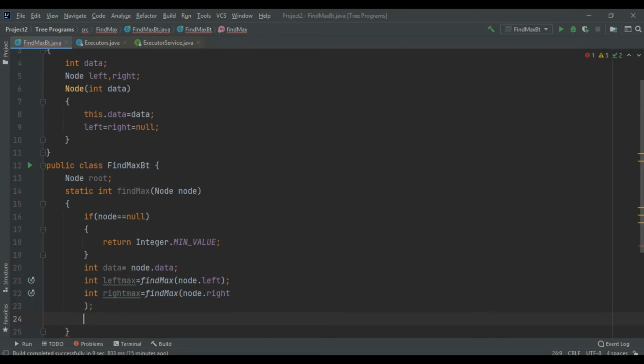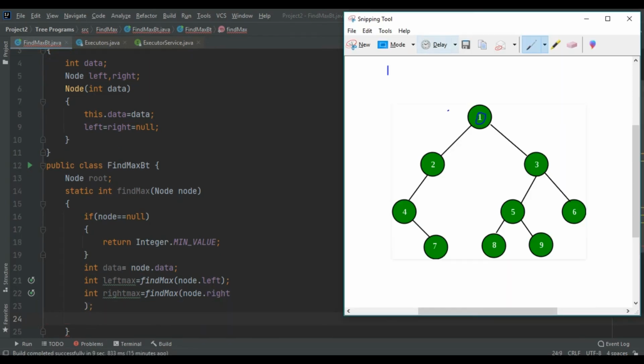So what it does is, now I am calling a recursive function. leftMax would check the maximum element in the left subtree, which comes to be 7, and the same with rightMax, which comes to be 9. Now we have three values: first the data part, then the leftMax value, and then the rightMax value.